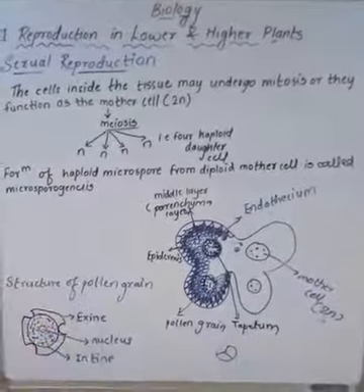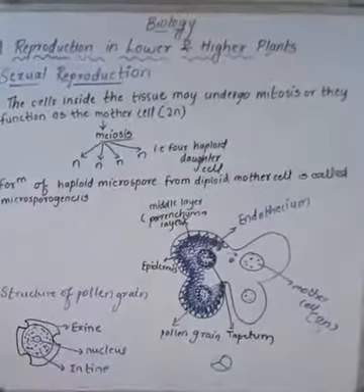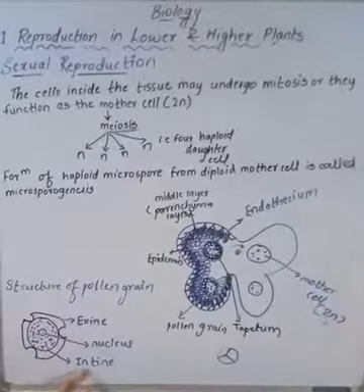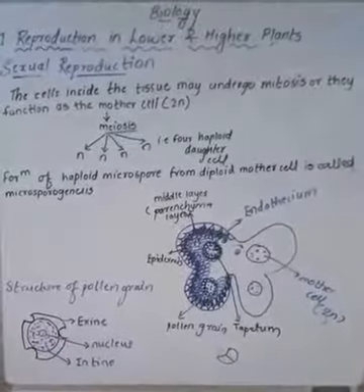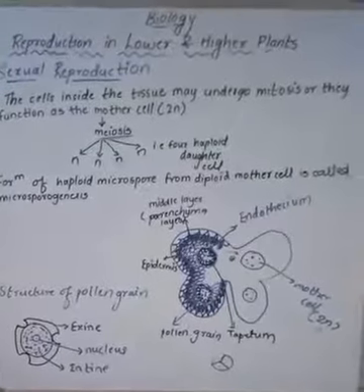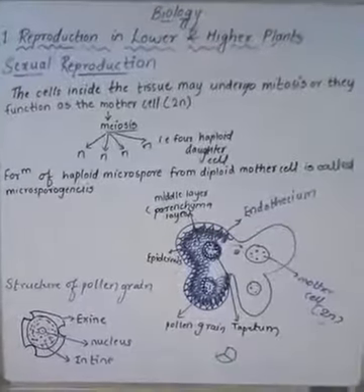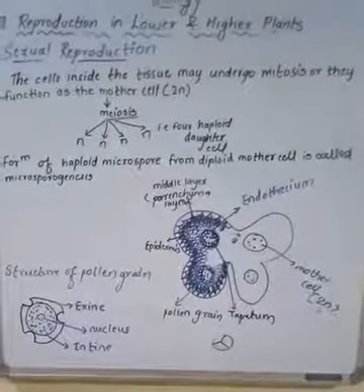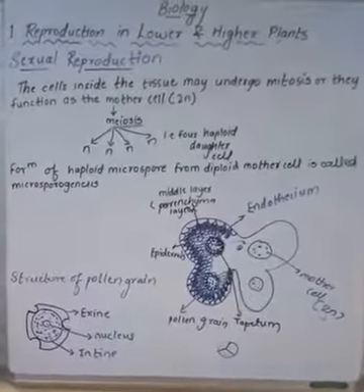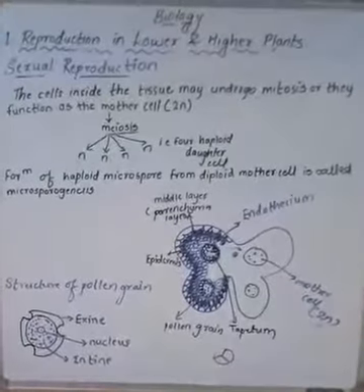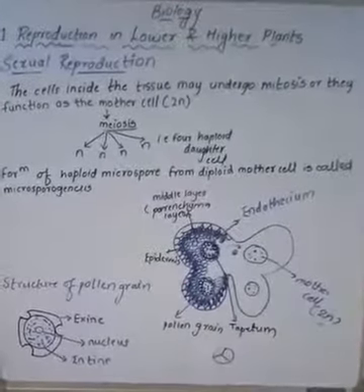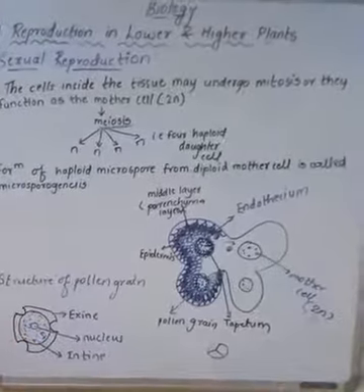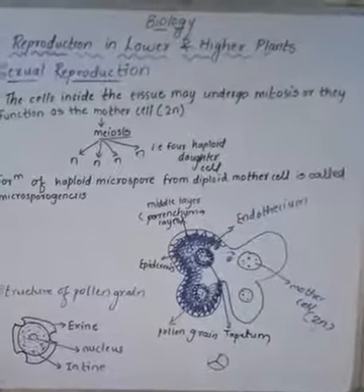So now we have got this structure, the microspore, in our last stage. What will the structure of the pollen grain be? The outermost layer is called the exine, the innermost layer is called the intine, and in the middle we have the cytoplasm. The exine, the outer layer, is highly resistant to wind, insects or anything, and it consists of sporopollenin. Sporopollenin means it is resistant to any biological and chemical reaction. Clear? The innermost layer, the intine, consists of cellulose and pectin.